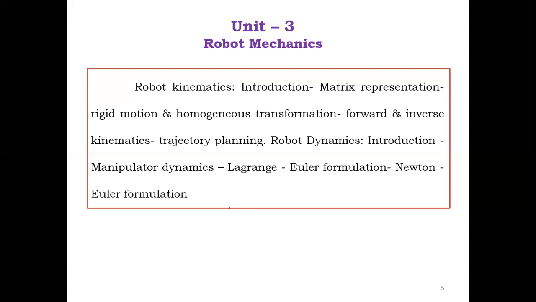Then robot dynamics, that is robot forward dynamics and reverse dynamics. Then how to manipulate the dynamic concept and how to calculate, like that we discussed. Then Lagrange-Euler and Newton-Euler formulations. The Lagrange-Euler formulation uses the Lagrange function L is equal to K minus P, where K is kinetic energy and P is potential energy. K depends on the velocity and mass, and P depends on the gravity of the earth. Okay, so these two.